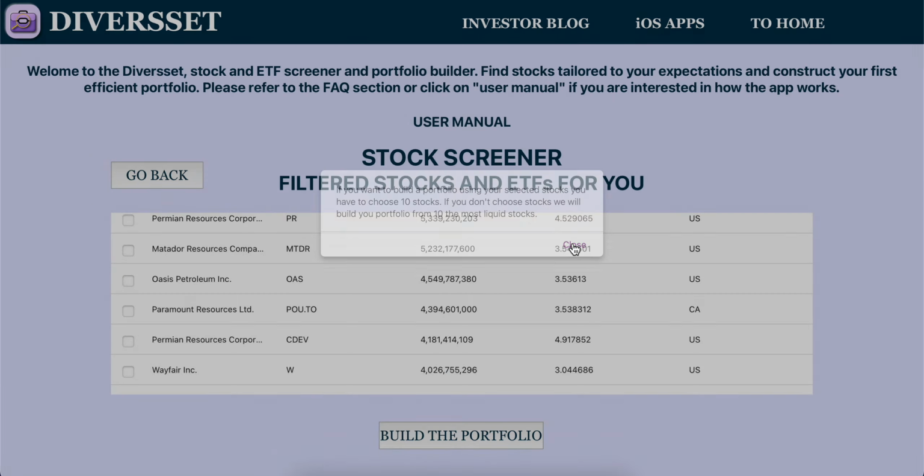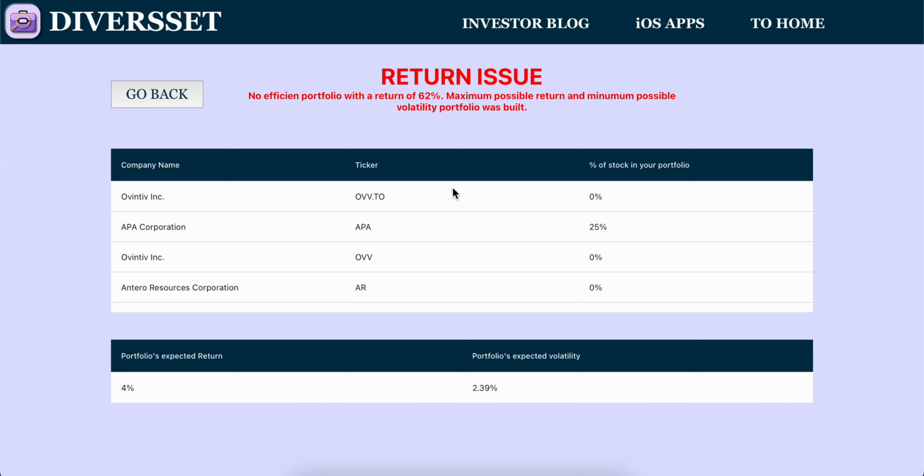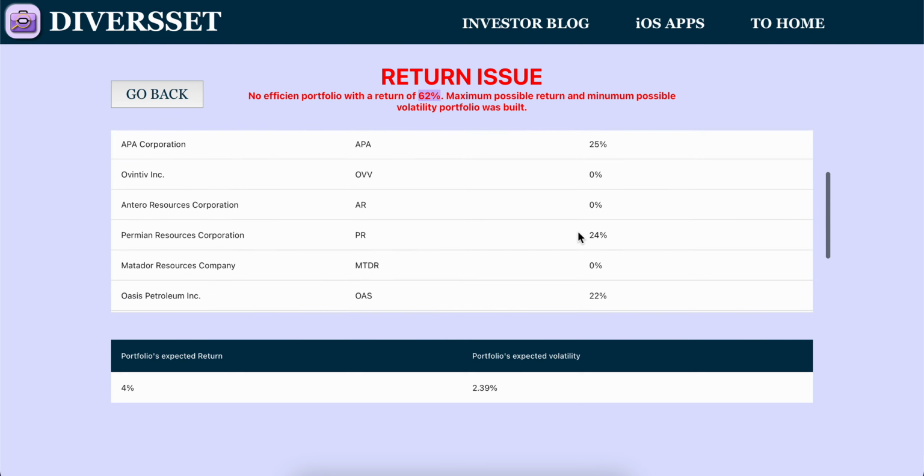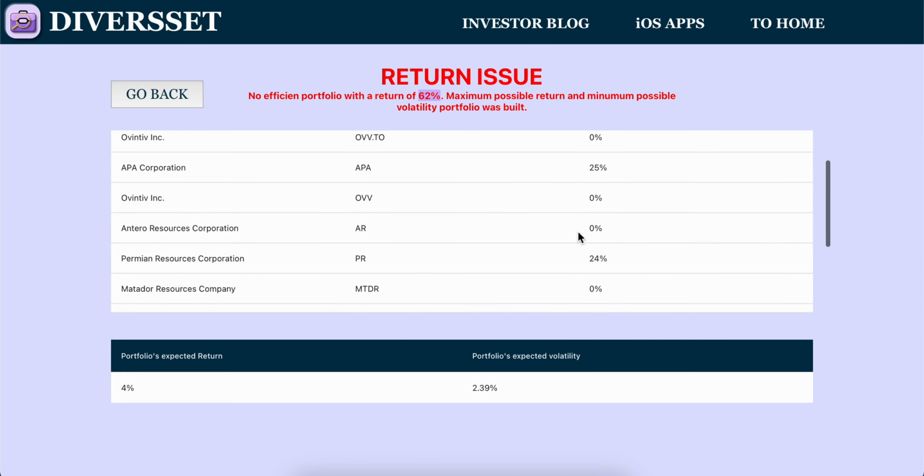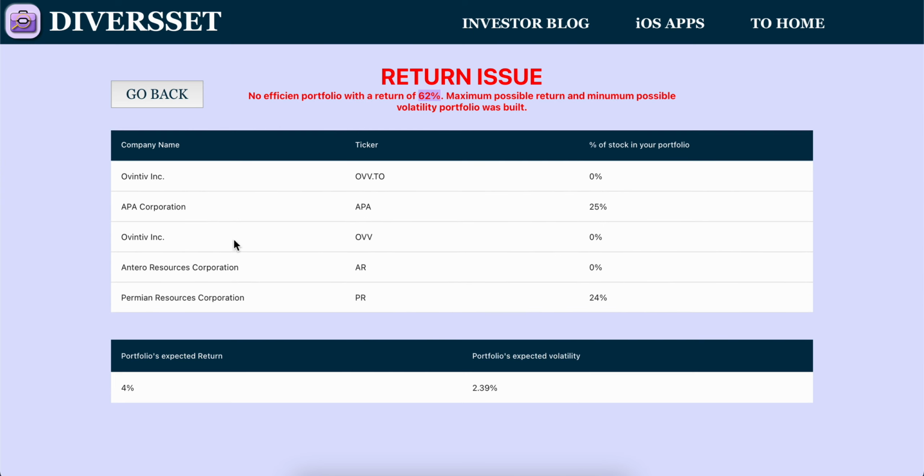Then I press build a portfolio. And as you can see, the application says that your required return was 62%. Unfortunately, it's not able to allocate the weights so that it minimizes your expected volatility. In this case, it says, listen, your portfolio's expected return could be 4%, but the minimum possible risk would be only 2%. So you can lose 2.39% possibly, if you distribute these weights,